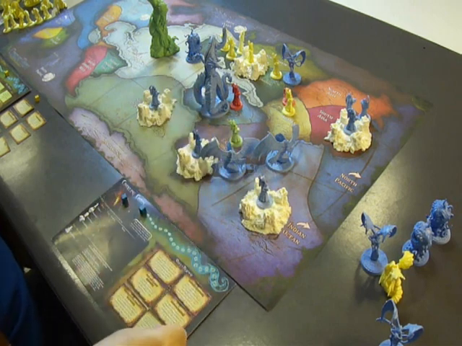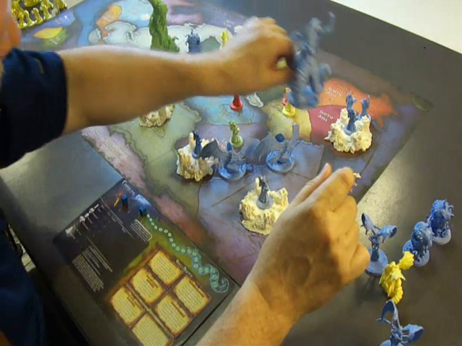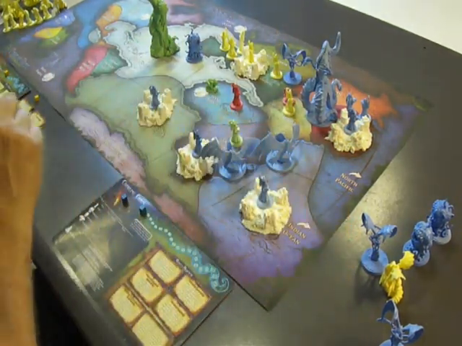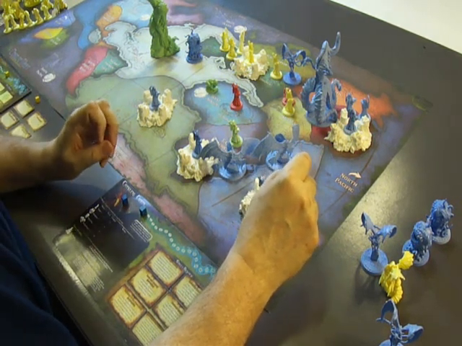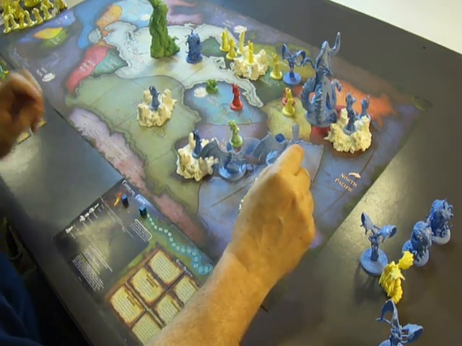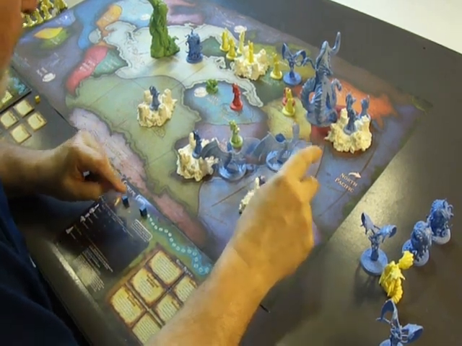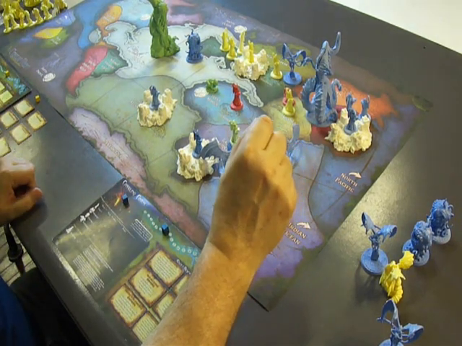So, last but not least is the 1,000 Forms ability. If Nyarlathotep is on the map, this gives you a new ability. What this ability does is you roll. It costs 2 points. You spend 2 power. So if you're here at 8, you spend 2. And there's a requirement. You